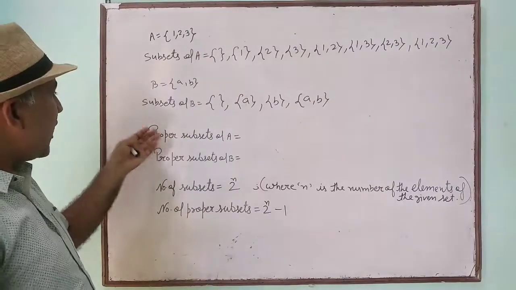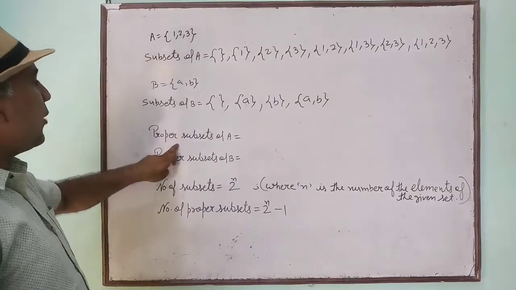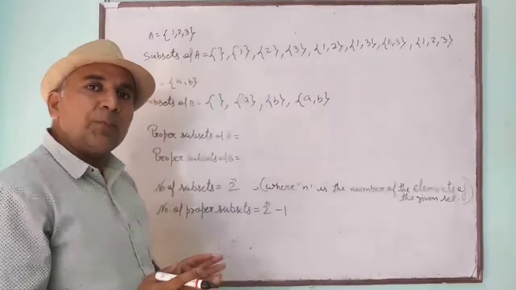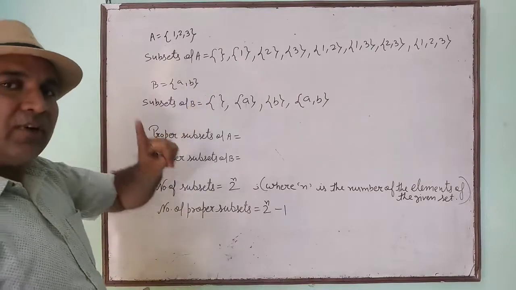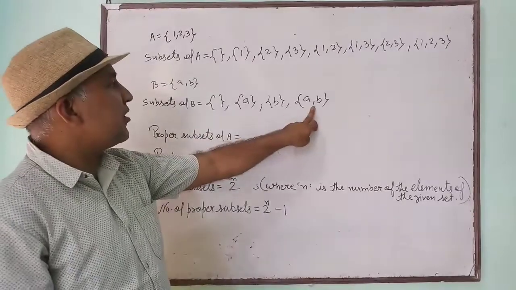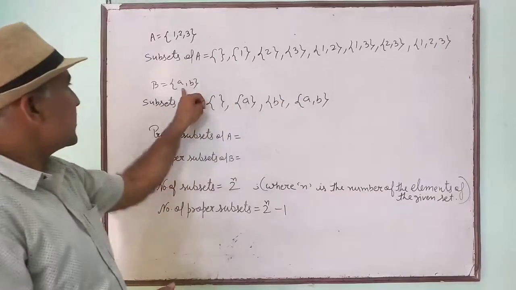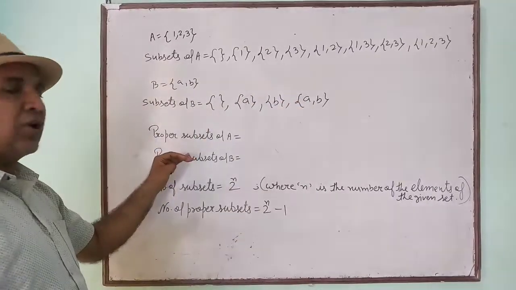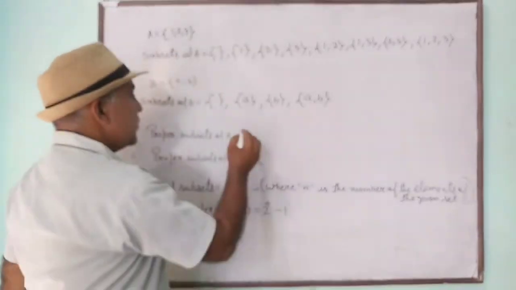Understood? Now how to make a proper subset? The same set A is here. How to make the proper subset? So children, making the proper subset is also the same as subset. Only one term is different. You can see that when you are making the subset of a given set, then the given set itself is also present there. The given set is this one, which is also present here. But if you are writing the proper subset, then the given set will not be there. So, see,